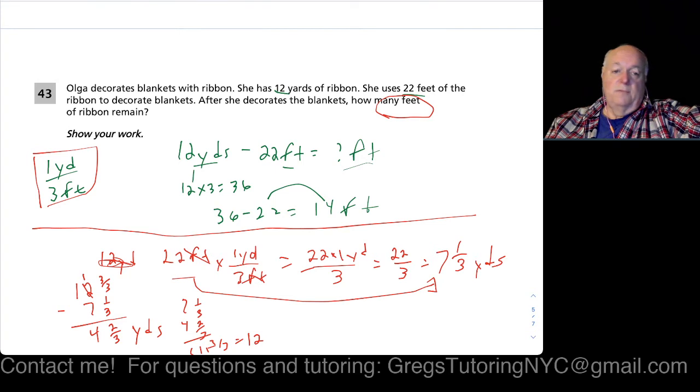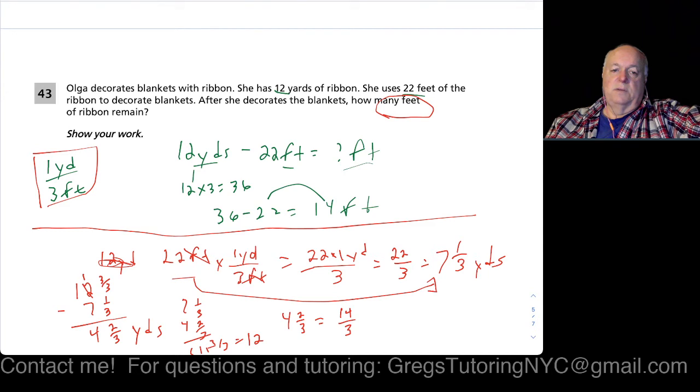So we have 4 2/3 yards. So we're going to convert that to a top-heavy fraction. We get 14 thirds. Okay? We're going to convert yards back into feet,